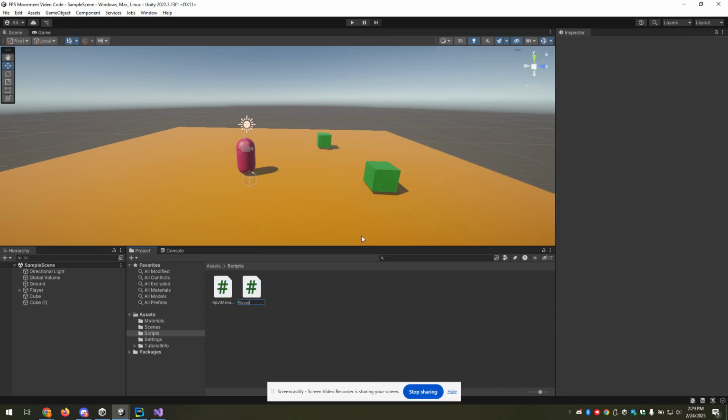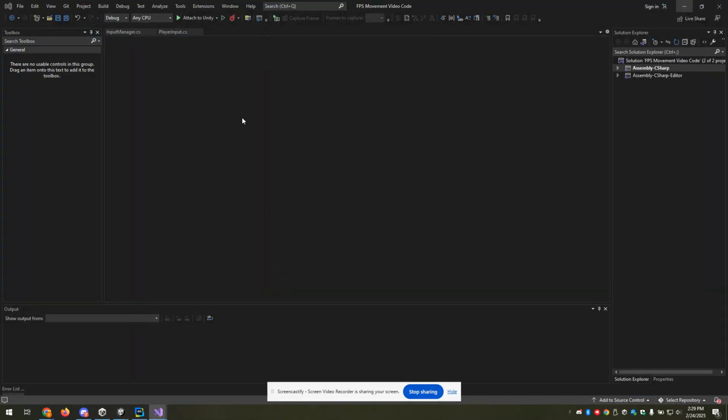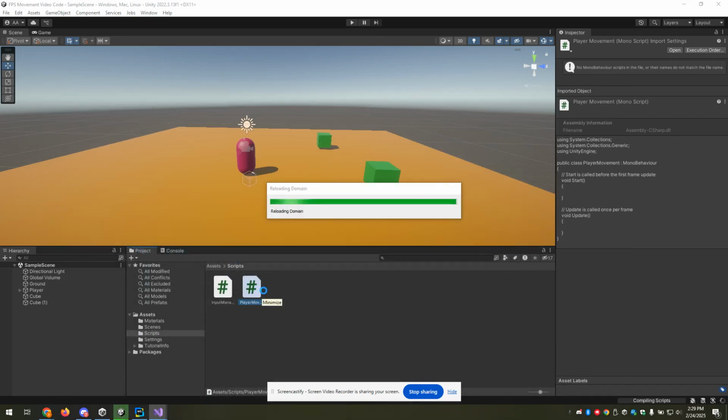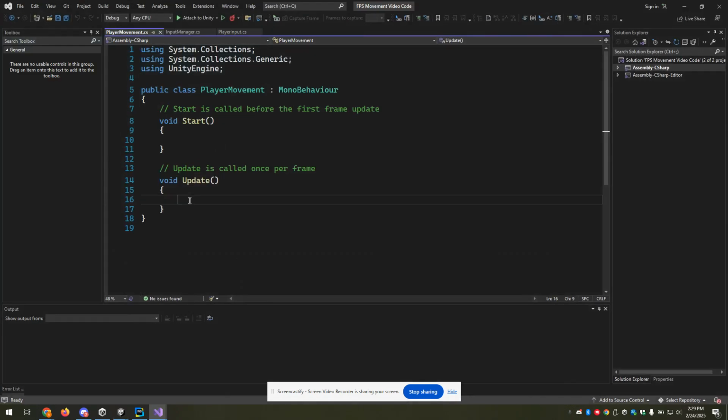I'm going to call this player movement. And I'm going to go ahead and open that up right away after it's done loading. There we go. All right, now inside of player movement,